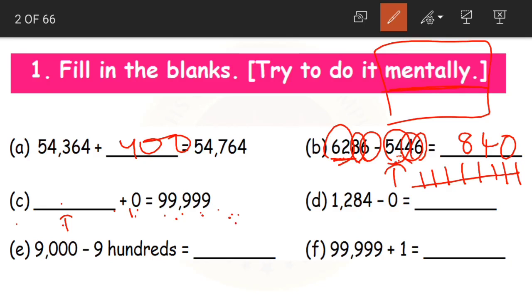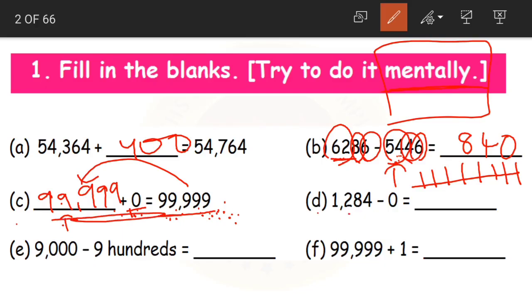Yes, children, if you have remembered from your third class, the additive property of 0, whenever we add 0 to a given number, the answer will be the number itself. So when we add 99,999 to 0, the answer will be 99,999 only. Okay. The same number should be copied here whenever 0 is given. Clear, children? This is through the additive property of 0.